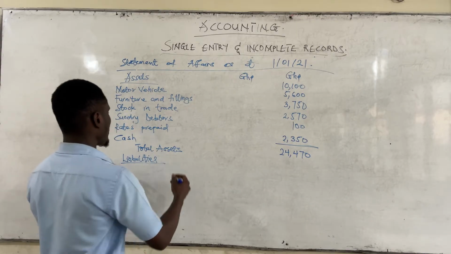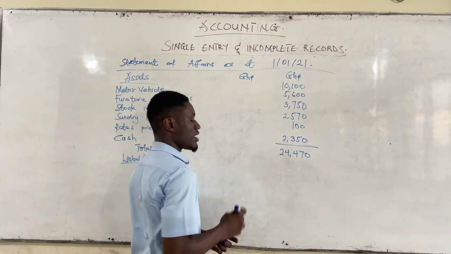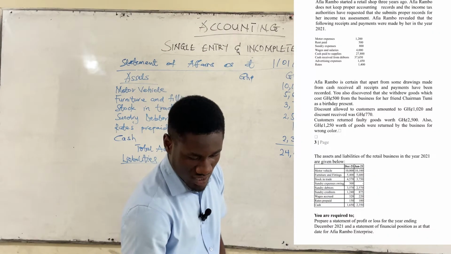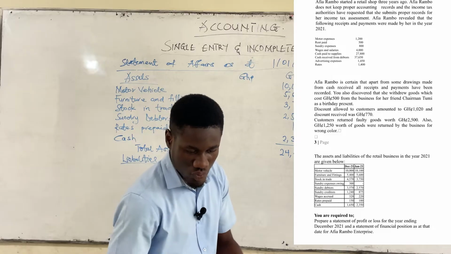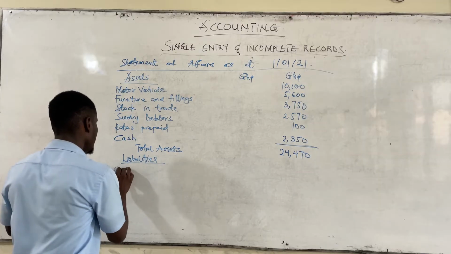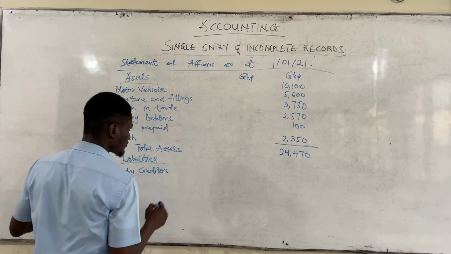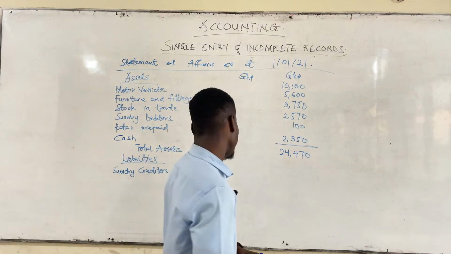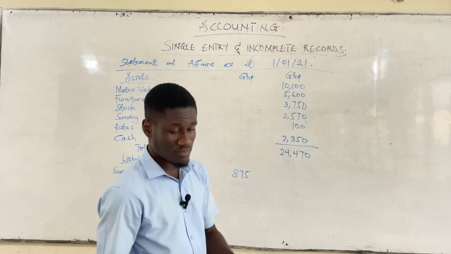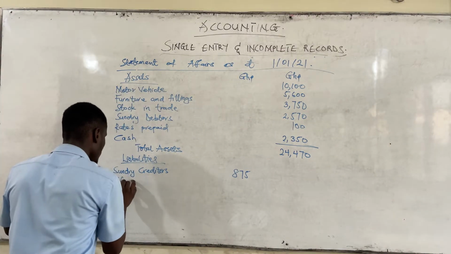Okay, so we are coming to list our liabilities, add all our liabilities, and subtract it from our total assets to get our opening capital. Good. So with this question, we have our liabilities to be wages accrued and sundry creditors. So sundry creditors, which is 875. So we are using opening balances, don't forget. We are finding our opening capital. We have wages accrued,